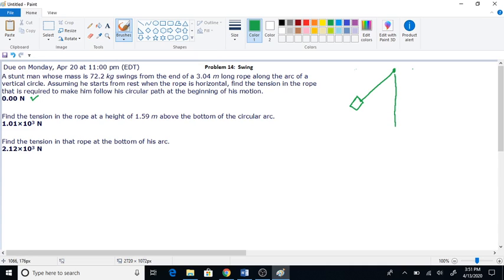Now, these two are the same length, but they don't look it just because I'm trying to give myself some room. So from the bottom of the arc, it is 1.59 meters. This whole length is 3.04 meters. Therefore, this height that the swing fell is the difference in the two. So 3.04 minus 1.59, and we get